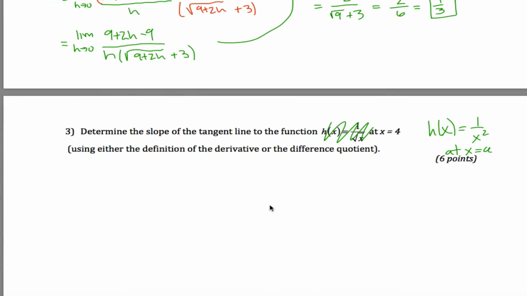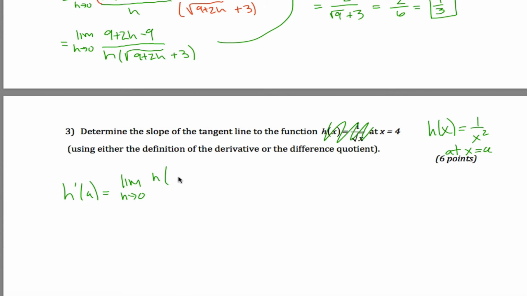This is the new problem you're going to be asked, and you can do whatever you want, the difference quotient or the definition of the derivative. Which do I prefer? I don't care. I'm guessing most of you will use the difference quotient, so I will use the difference quotient. I guess if I was especially ambitious, I could do it both ways, but it turns out I'm not especially ambitious. Sorry. So h prime of a is the limit as h approaches 0 of h of